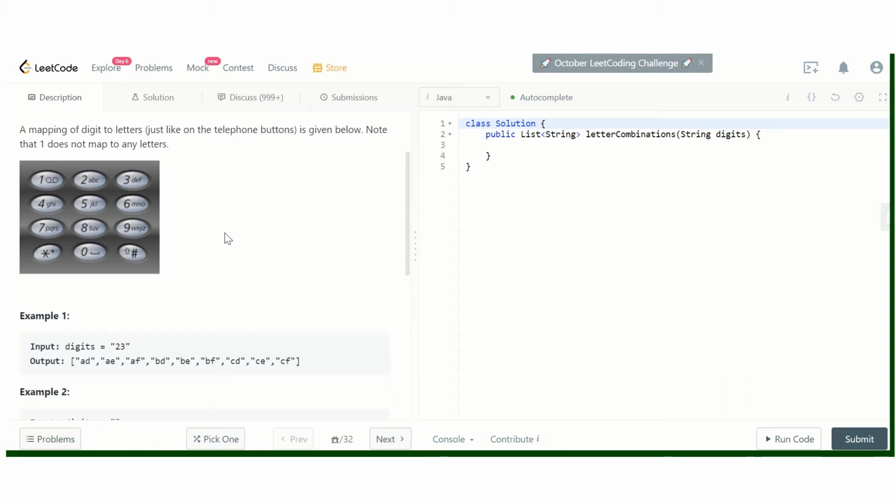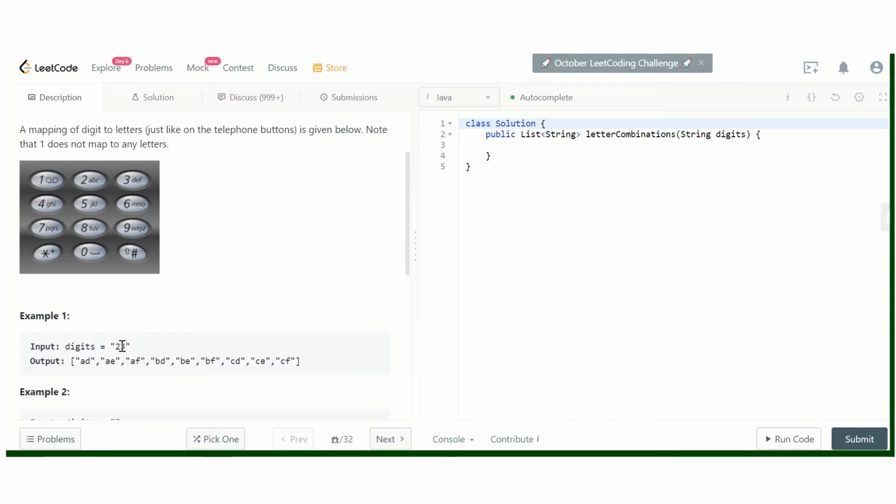We will use backtracking here. And how do we use backtracking? First we check the character at the current position of our input. Let's take it as 2. We take the corresponding letters that 2 represents, which are a, b, c. This 2 can be replaced by either a, b, or c. So first we'll replace 2 by a.